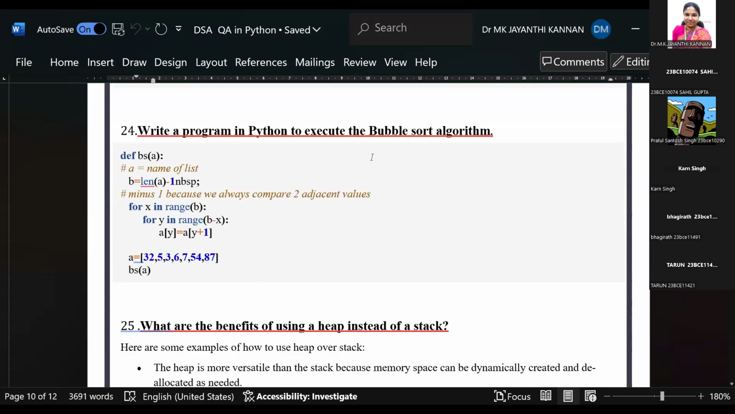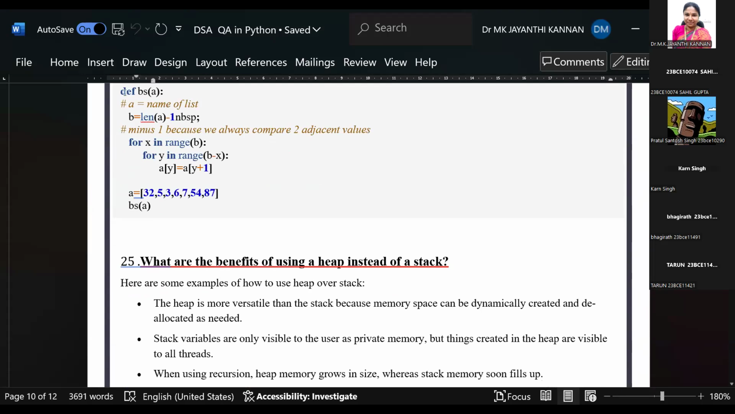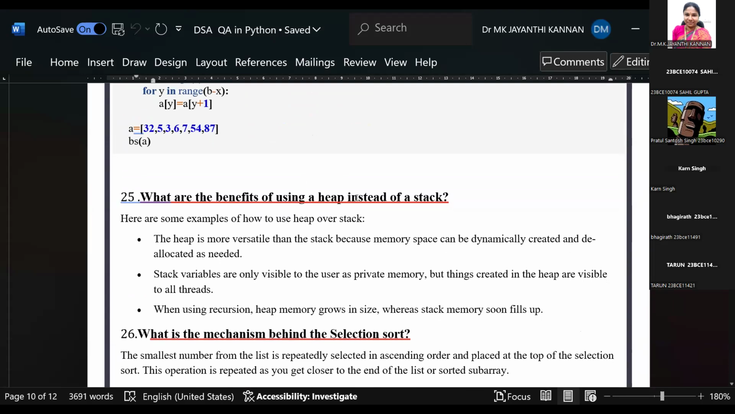And what is bubble sort? What is the algorithm behind the bubble sort? So the logic behind bubble sort is given. What is the benefit of using